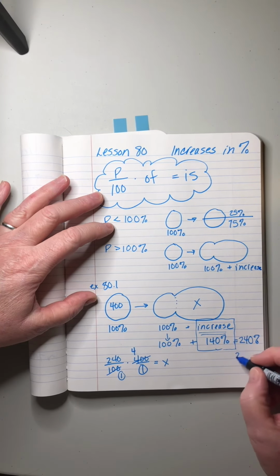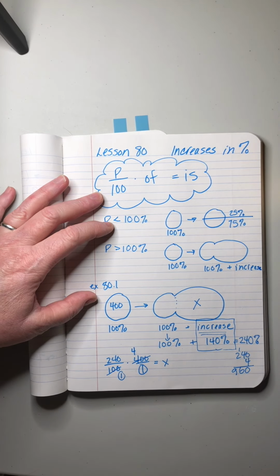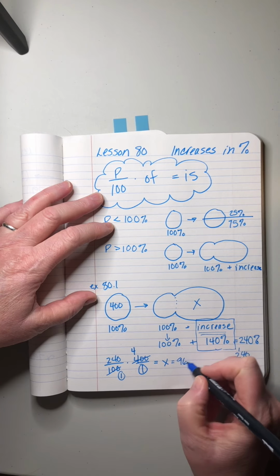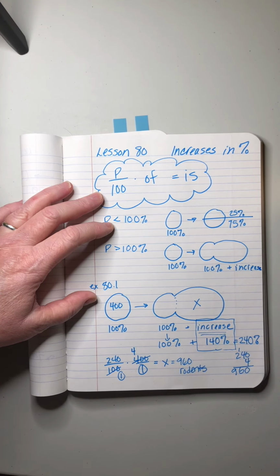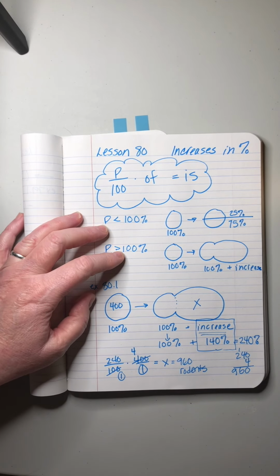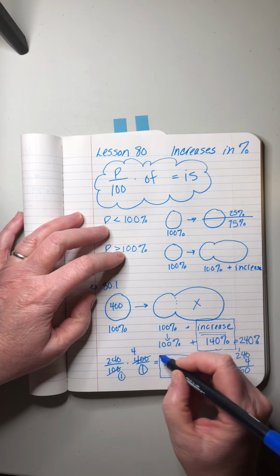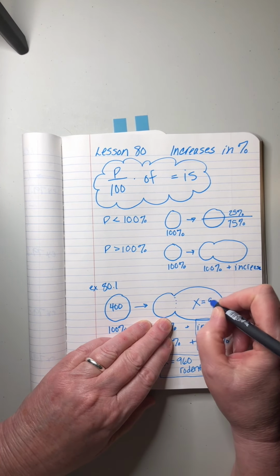Let's go ahead and multiply that. Did you get the same as me? Okay, so what we calculated is that the total number of rodents that we have in the end is 960,